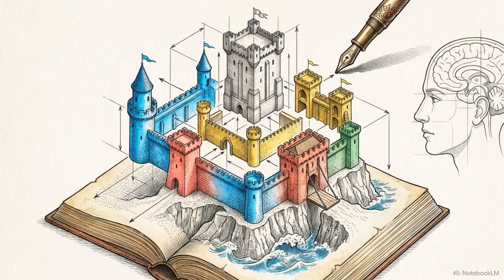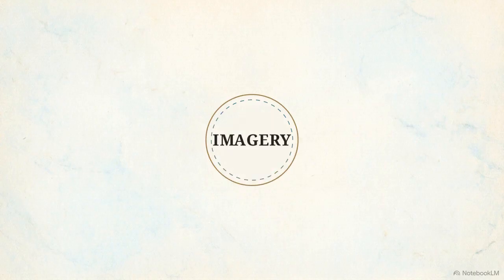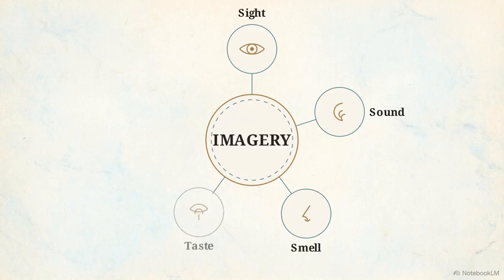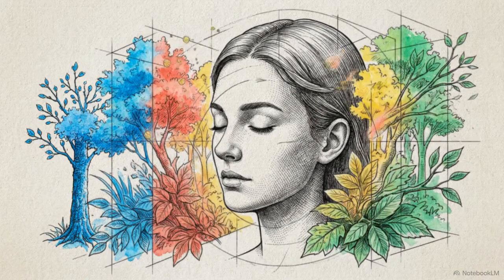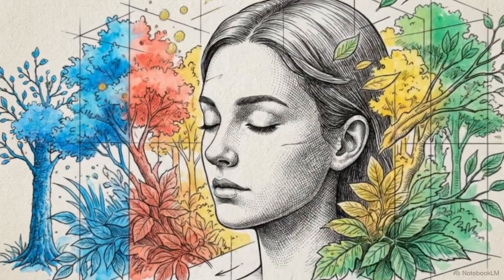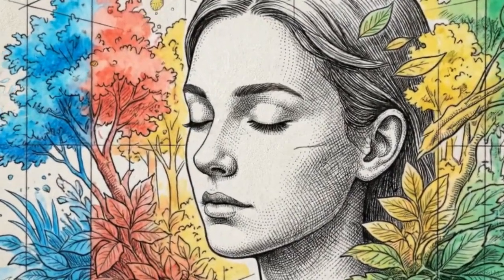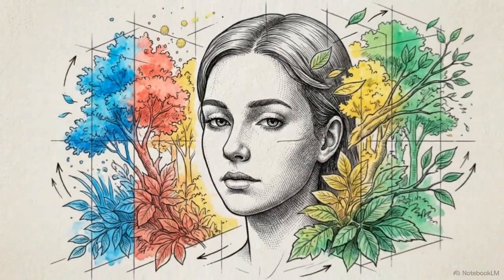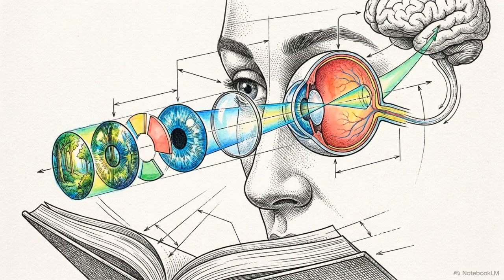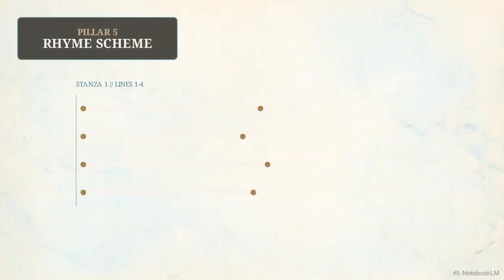Imagery is the specific use of descriptive language to create vivid mental representations of people, places, and objects. To function effectively, imagery must appeal to one or more of the 5 senses: sight, sound, smell, taste, or touch. By engaging these senses, the poet allows the reader to visualize a scene more clearly and connect more deeply with the underlying thoughts and emotions. Figures of speech, and imagery in particular, act as the bridge between the poet's abstract intent and the reader's tangible